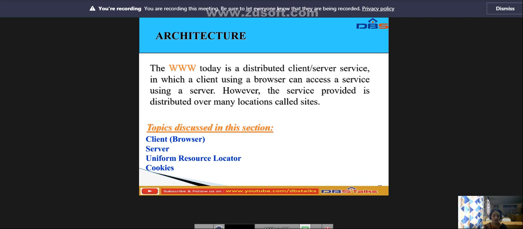Linking allows one web page to refer to another web page stored in another server somewhere else in the world. The linking of web pages was achieved using a concept called hypertext, which was introduced many years before the advent of the internet.